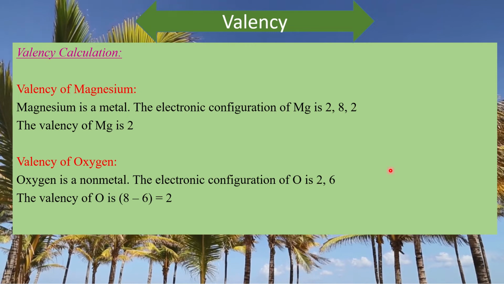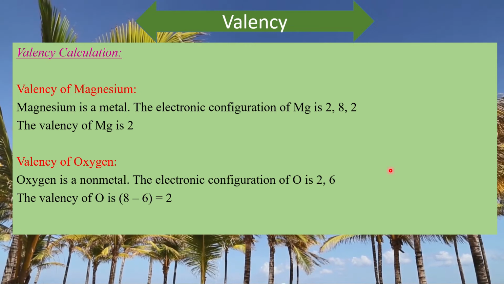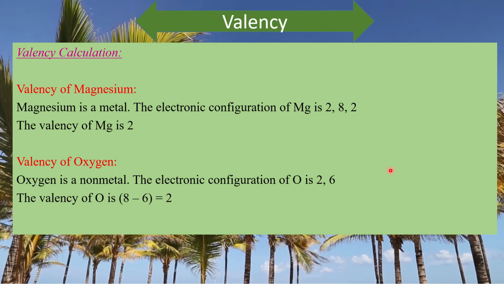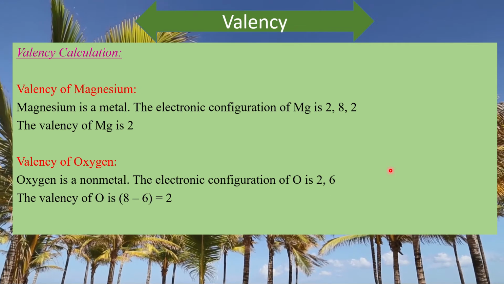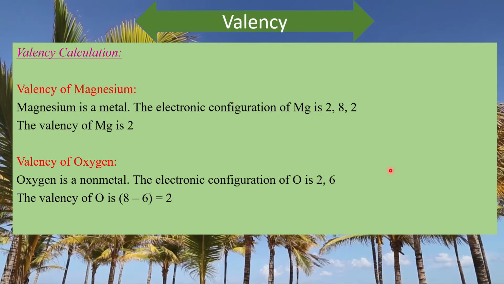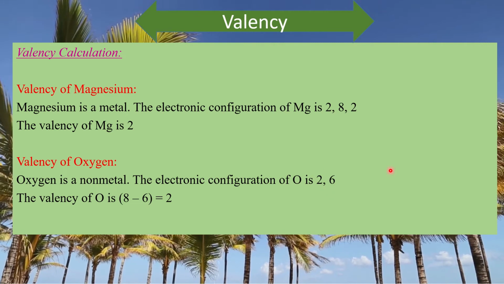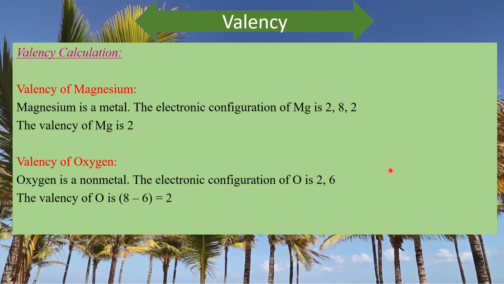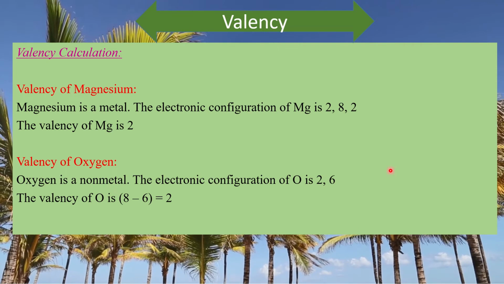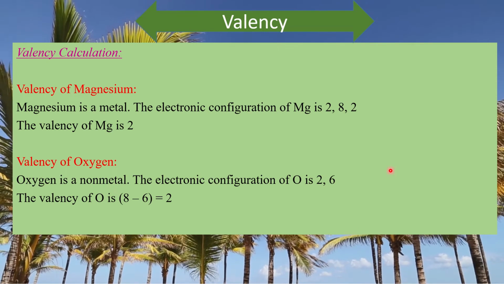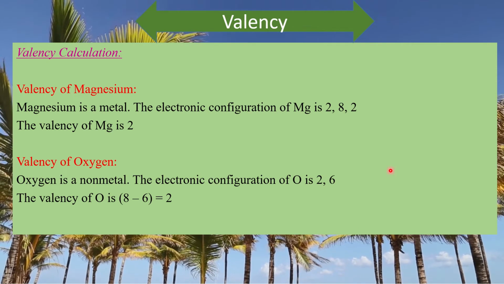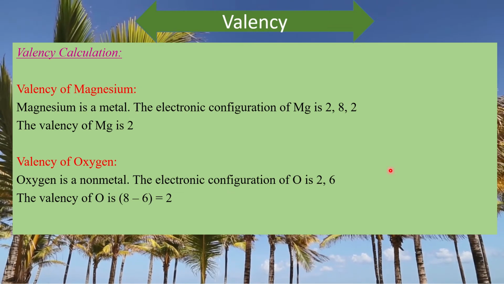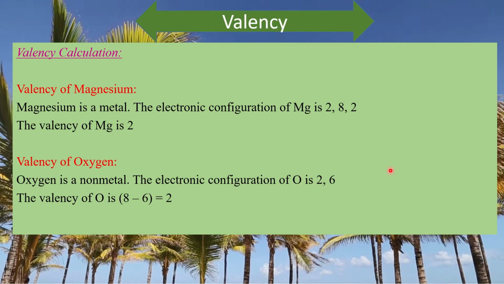In this way, the normal valency we can calculate, but you know there are variable valency for some elements. So valency you have to memorize. There are some ways to calculate valency, it will help you, but you have to memorize the valency for writing the formula of any compound. If you know the symbol of the element and also the valency of the element, you can write the formula of any compound from there.